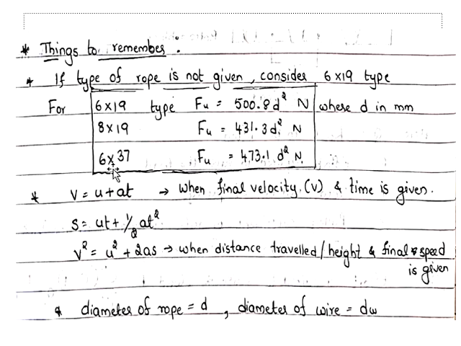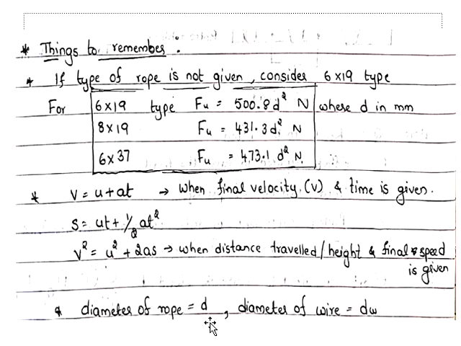And to calculate velocity, you can use the equation either v = u + at or v square = u square + 2as. If the final velocity and also time are given in the question, we will use the first equation to calculate acceleration. But if time is not given, and instead final velocity and distance traveled are given in the question, we'll use the third equation to calculate acceleration.